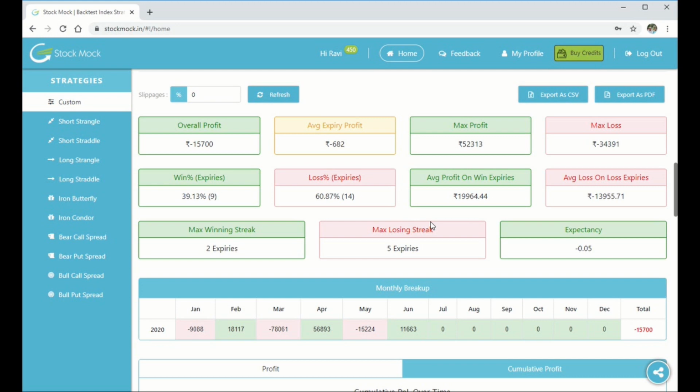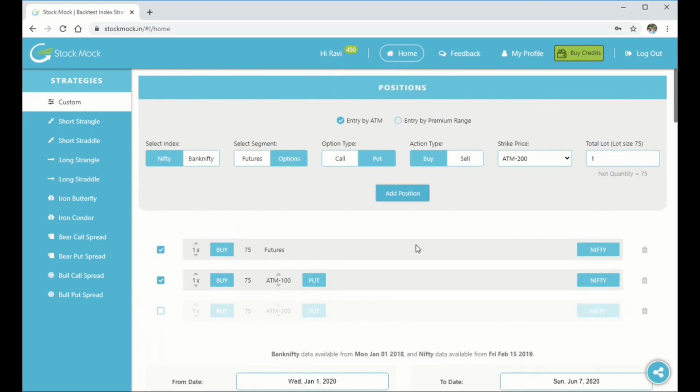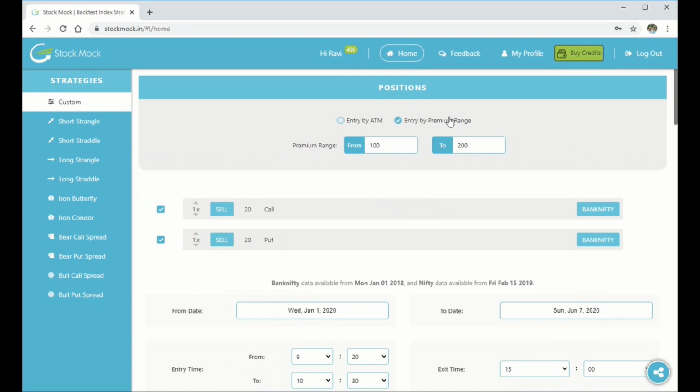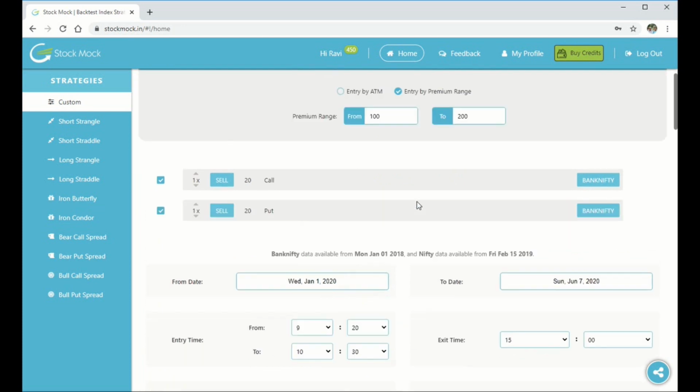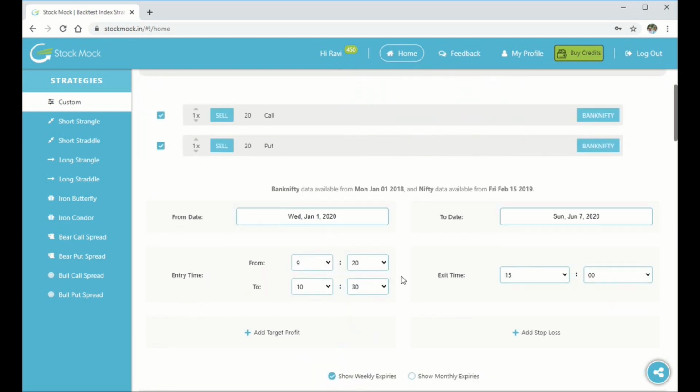In custom strategies, like I mentioned before, not only by strike price, StockMark also allows the user to backtest based on the premium ranges. Say if I want to enter any of the strike prices that fall within this particular range, here you can specify the range, that is from 100 rupees to 200 rupees on Bank Nifty, and this particular range should fall within this particular entry time.